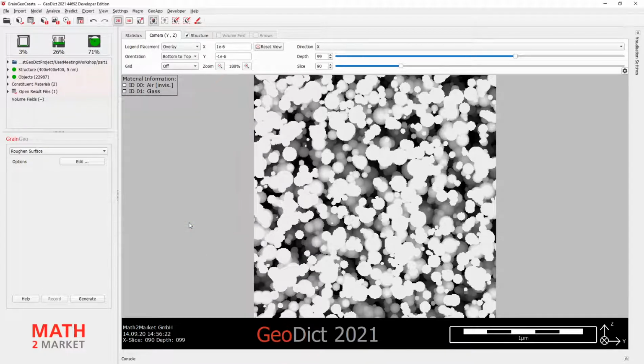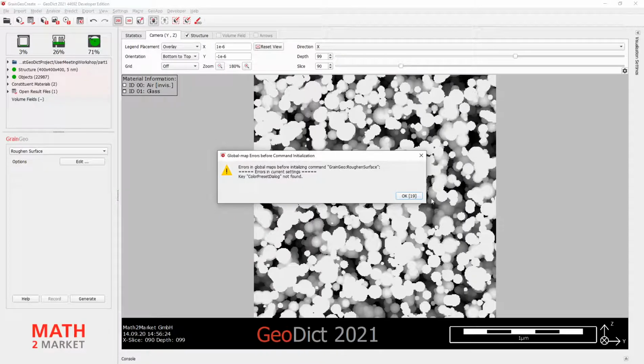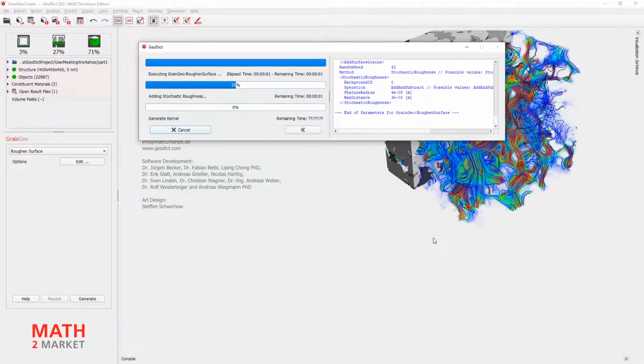So okay, click OK and click generate and see what happens here. So this will now create a random field, combine it with our structure. This should also not take too long and give us a nice distorted structure.